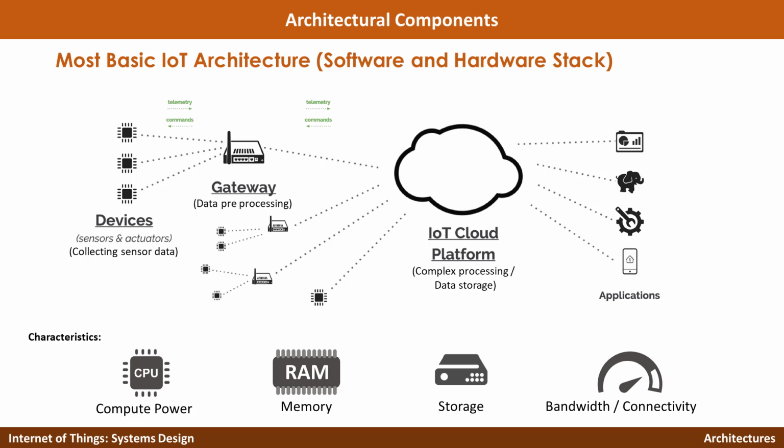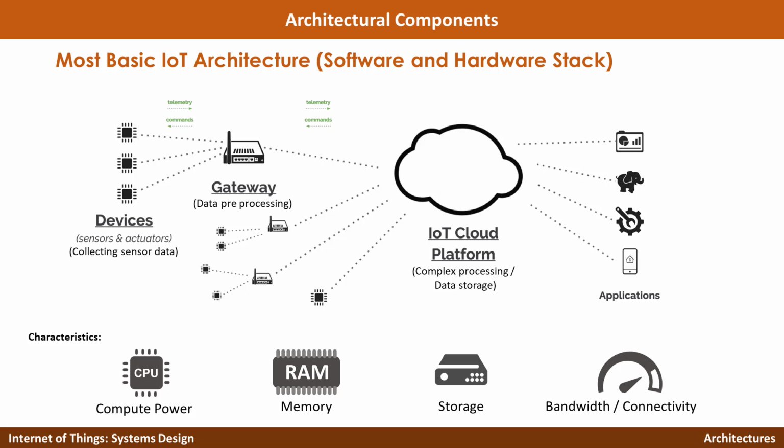And then the cloud platform will send back commands to the gateway as well as to the devices. As you can see, each gateway is connected with multiple devices, and multiple gateways are connected to the cloud platform. So this is the typical architecture, the tree structure we discussed earlier,